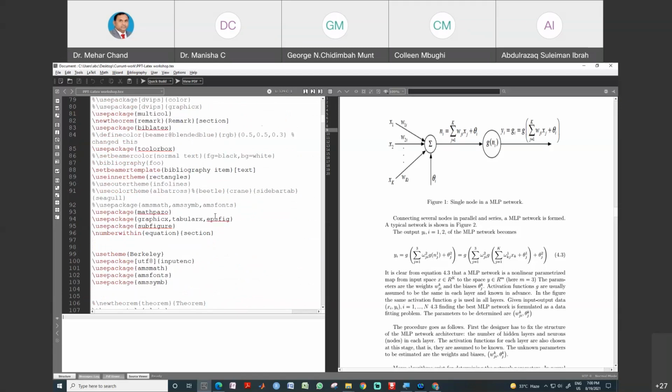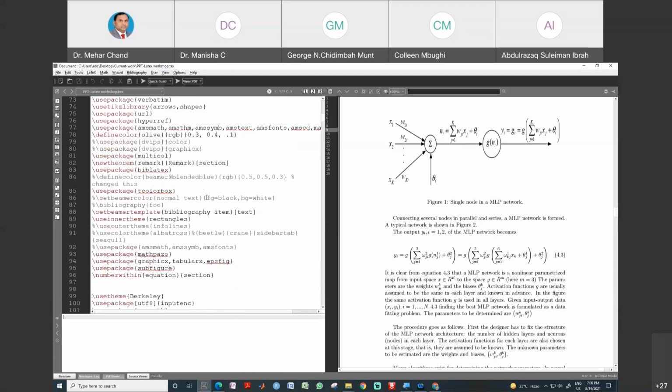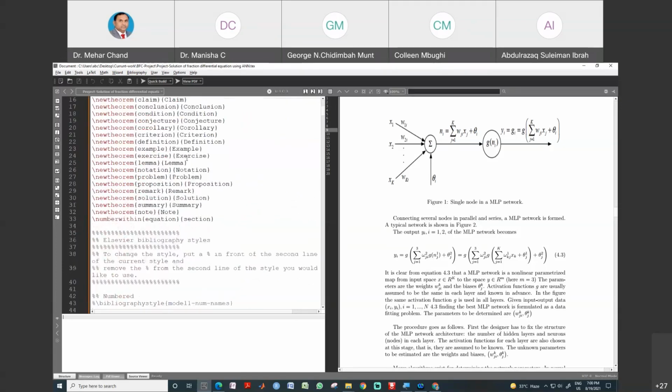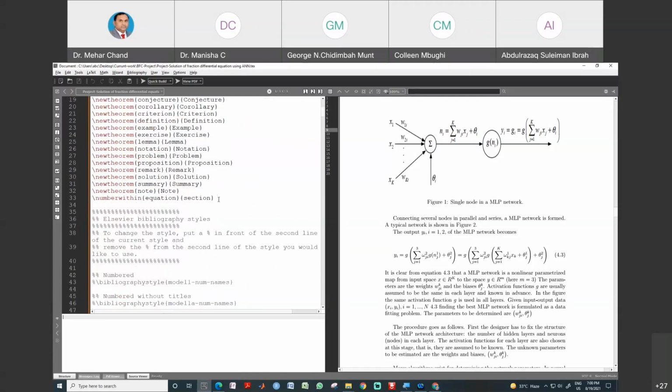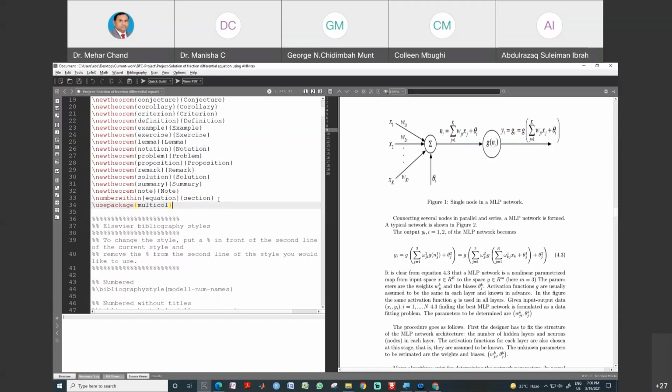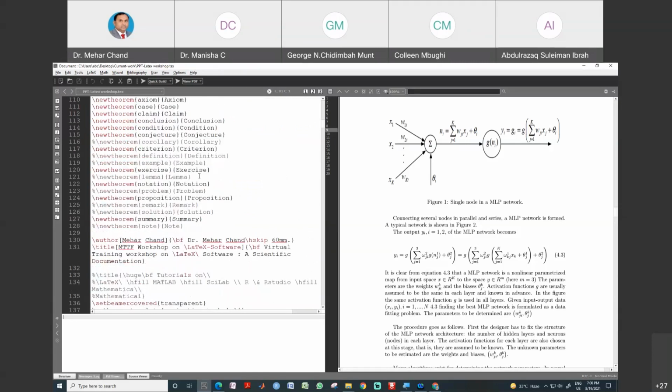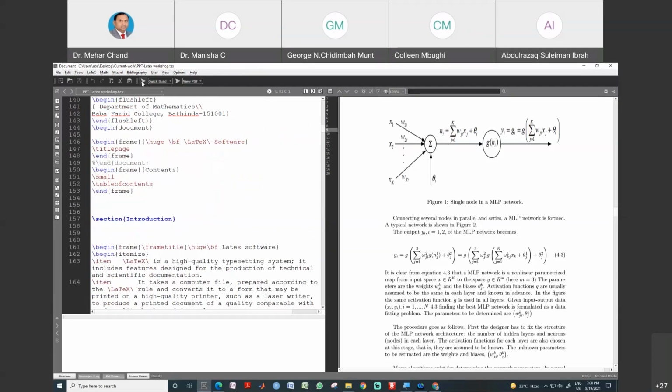Where is multi-column? Yeah, see this package. We need this package, it is required. We insert it here, and after that, see how we can use this one.